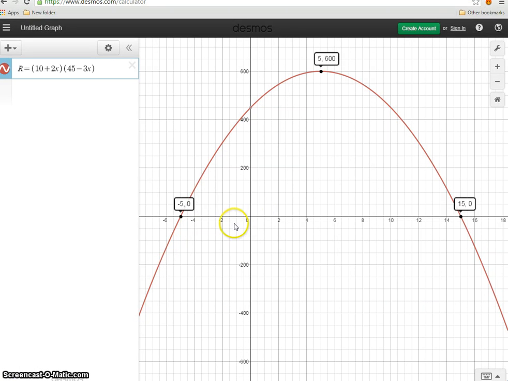On a graph you can see the relationship is quadratic. Again, x is the number of price changes, and R is on the vertical axis. As the number of price changes goes up, you can see the revenue going up until it reaches a maximum value. You can see where it is from there, and we'll go through calculating it later. Then we can see it come back down to the point where the revenue is 0. So the relationship is quadratic. We can find a lot of information from a quadratic equation, and that's all we need to do to solve this. So once we have this equation,